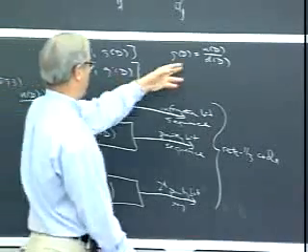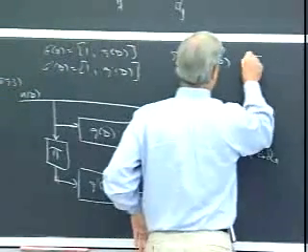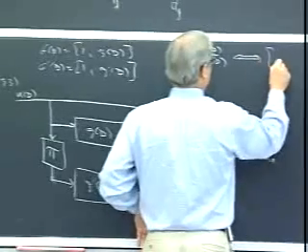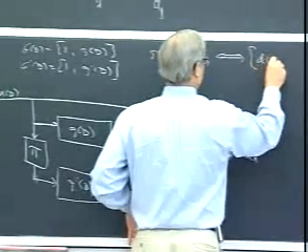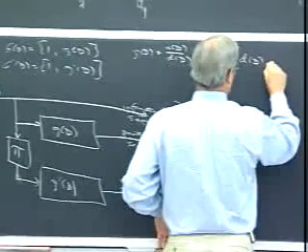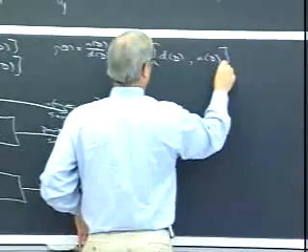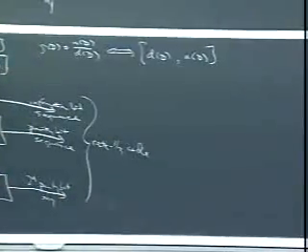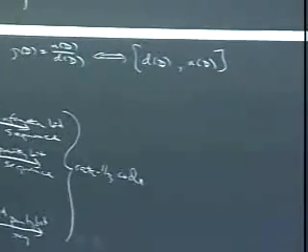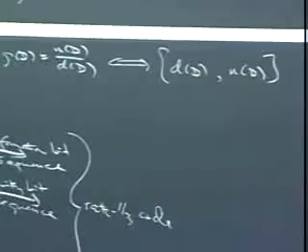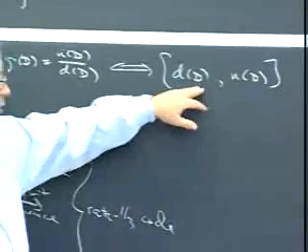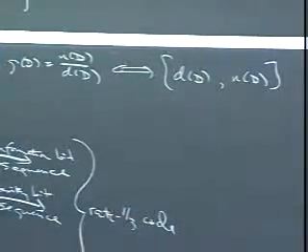If you have N of D over D of D, this is going to be equivalent to the non-recursive feedback-free code, which is D of D, N of D, right? We worked all that out. It's equivalent to the code where you multiply through by the denominator. And so you get the same code with D of D, N of D, but you don't want to do that